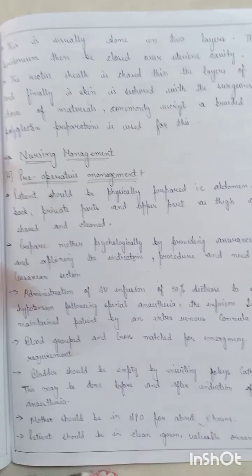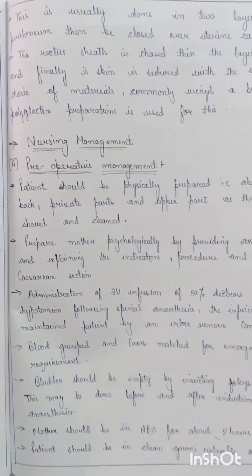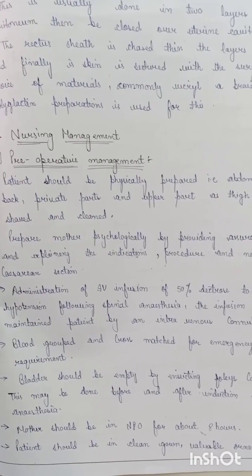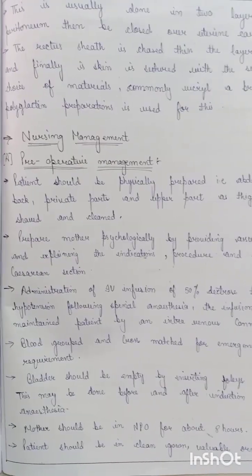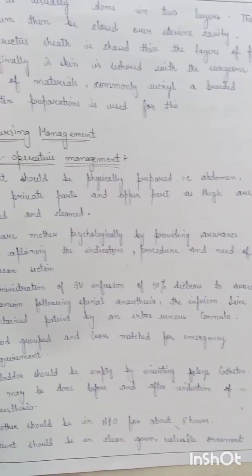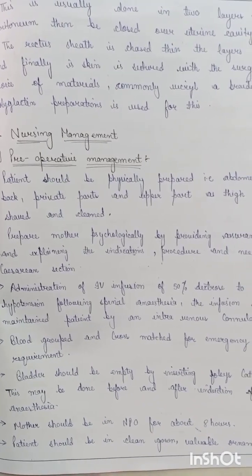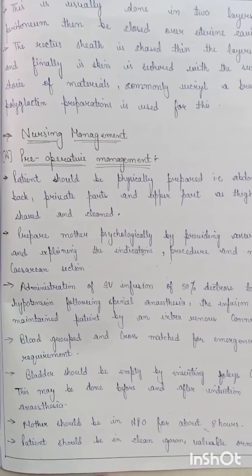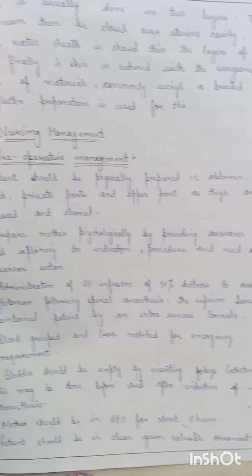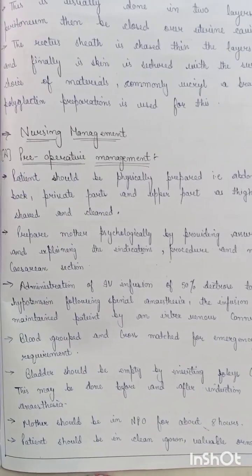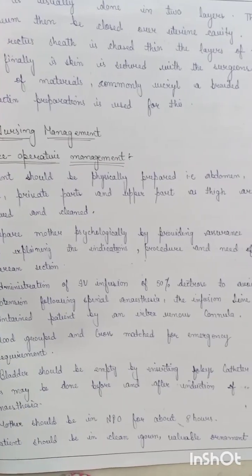Nursing management. Pre-operative management. The patient should be physically prepared, that is, abdomen, back, private parts and upper part of thigh are shaved and cleaned. Prepare the mother psychologically by providing assurance and explaining the indication, procedure and need of cesarean section. Administration of IV fluid of 50% dextrose